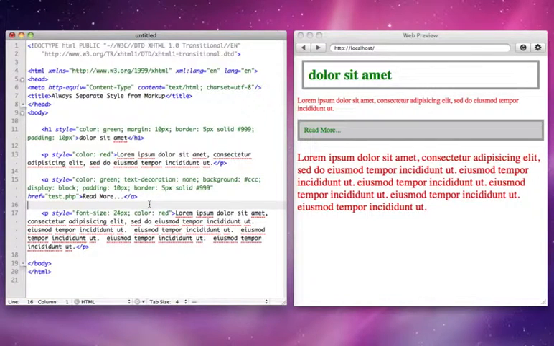Years ago, it was standard to mix and match HTML and styling together. And what would happen is you would have these huge bloated sites with all this inline styling, and it would just be a nightmare to update and maintain. But now we've learned a lot since then, and we don't do that anymore. So let me show you what an HTML document is supposed to do. We're going to do that by creating a new tag that we haven't looked at before, and that is the style tag,